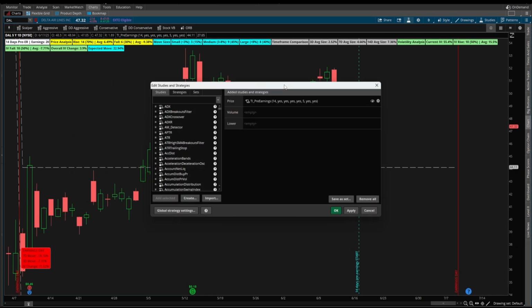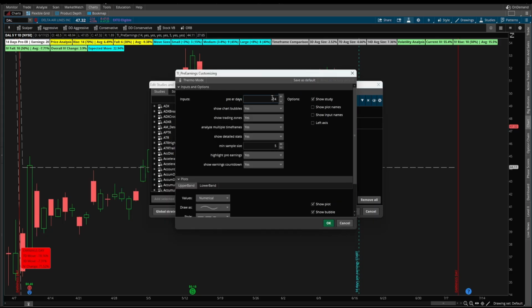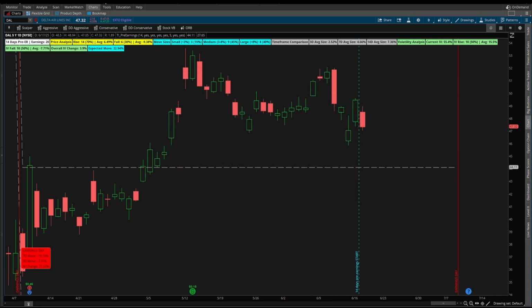If you remember before, we had to manually go through 14 days, then change this to 7 days, then change this to 3 days to get an idea of what the moves look like. Now, in one simple glance, you can see all 3 moves. I can see what is the 3-day pre-earnings move, the 7-day pre-earnings move, and the 14-day pre-earnings move on average. We can very clearly see that the 3 days, pre-earnings 2.52%, 7 days 4.66%, and 14 days 7.36%, which tells